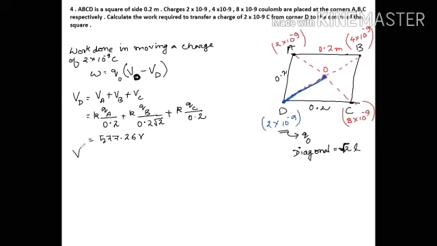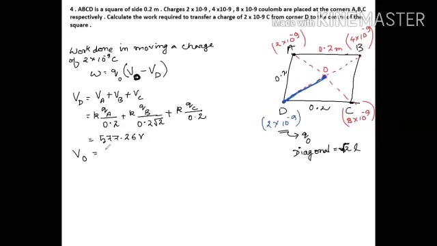Now again you find out the potential at point O. The potential at point O will also be due to these three charges A, B, C. Now remember in this question, don't consider this charge. Why? Because this is not my source charge. It is the test charge. It is actually moving, not at rest at point D, moving from here to here. So you don't consider this charge 2 into 10 to the minus 9. Instead, we will have only these three charges: 2 into 10 to the power minus 9 at A, 4 into 10 to the minus 9 at B, and 8 into 10 to the minus 9 at C.